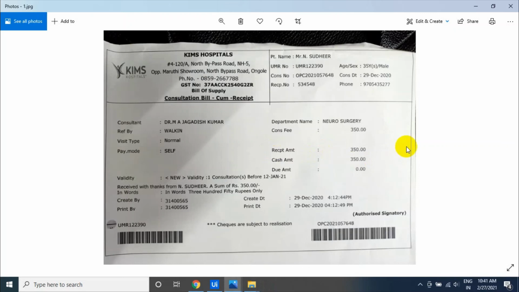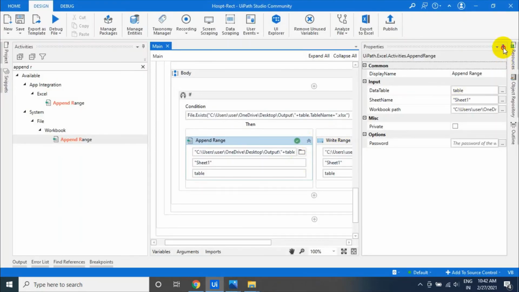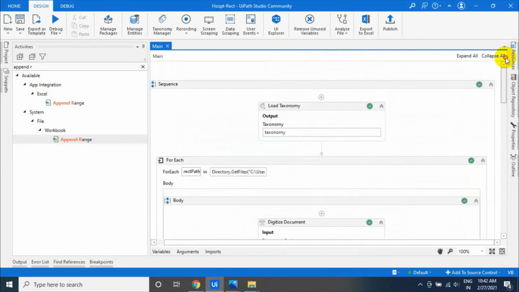Just imagine, we can even deep dive on that. Suppose you need the UMR number, then the number should start with UMR. Or the receipt number should be a number, like that. So this is a basic document understanding.